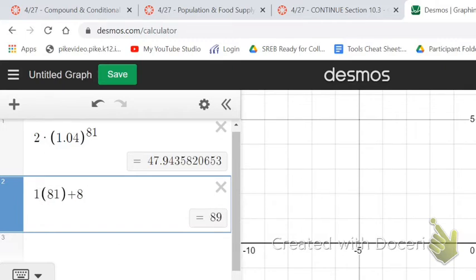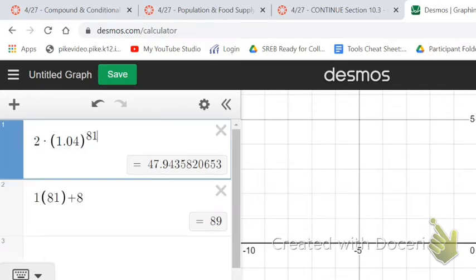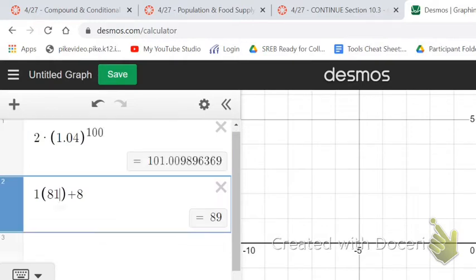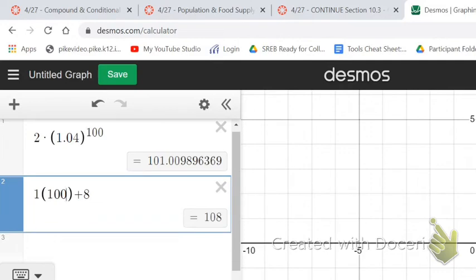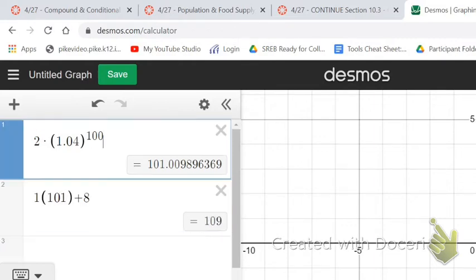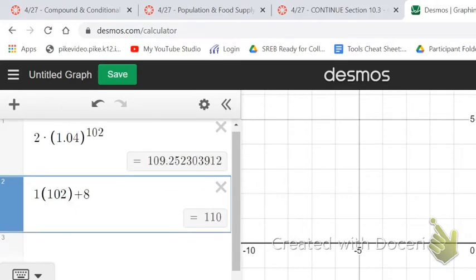So they're good if they double the rate at which they're producing food. I heard to try 100. Are they good at 100 years? Yep. Food is bigger than people. We're good. 500, they're probably starving there. 101 years, are they still okay? Yeah. Let's try 102. Are they still okay at 102? Yes.